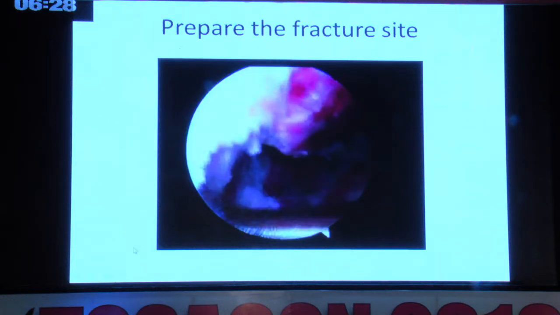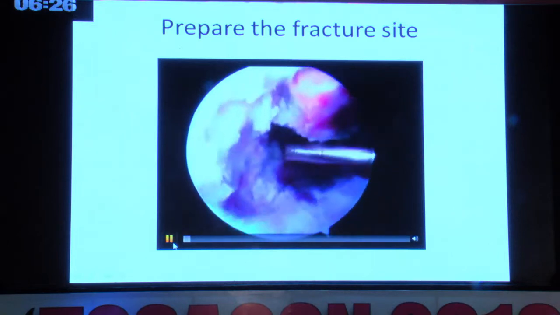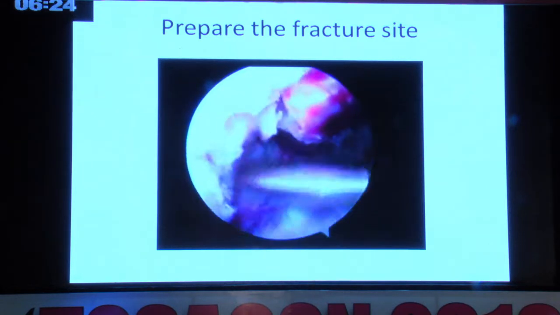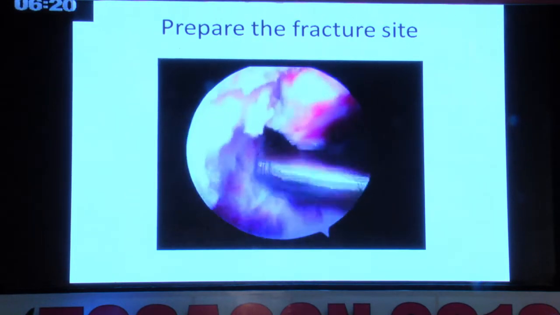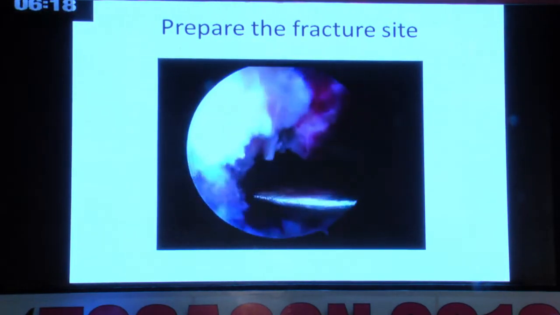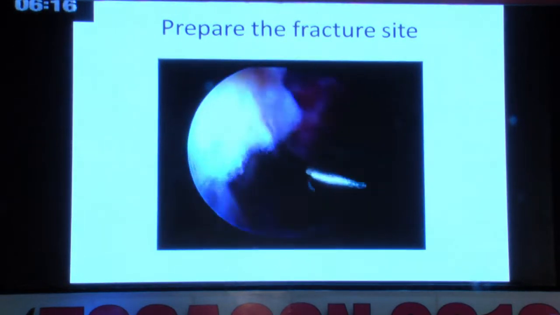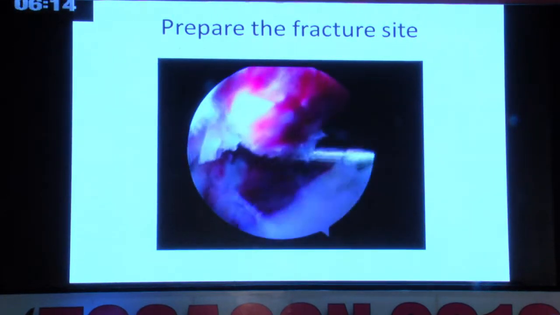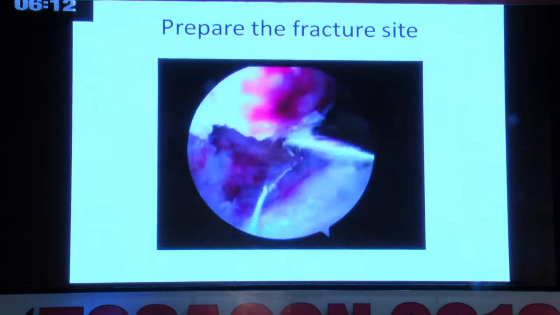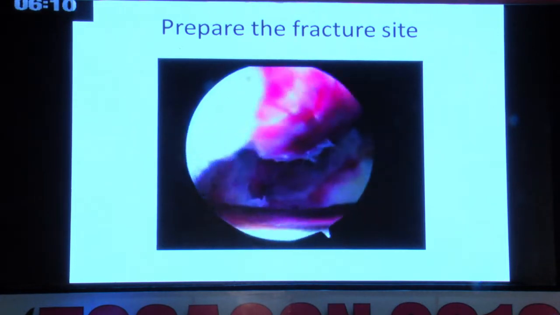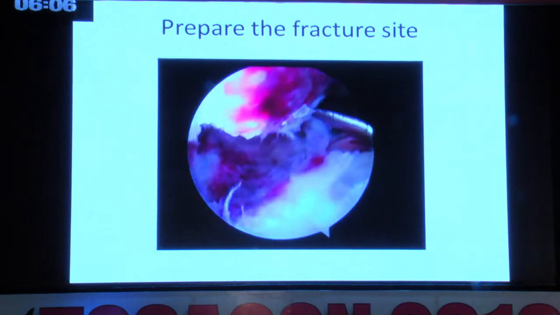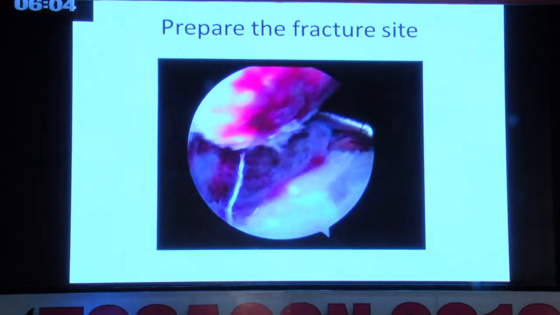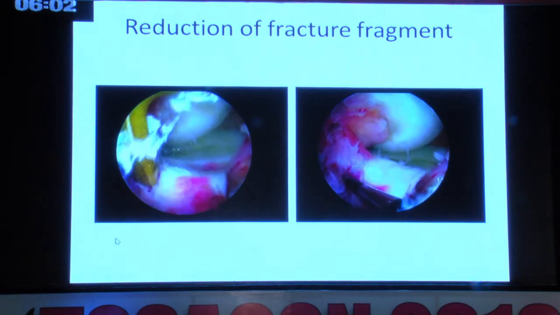So the next step is preparing the bed. Preparing the fracture site, you have to remove all the soft tissue, all the fibrous tissue, and bone, because in malunions you have to remove some of the bone, but overzealous removal of the bone also makes a very big defect. It's very difficult to reduce the fracture then. The morphology of the entire fracture you have to understand, and it has to be reduced completely anatomically, and then you take the